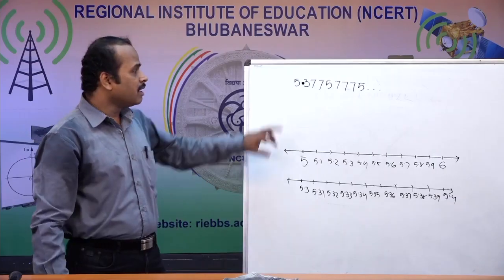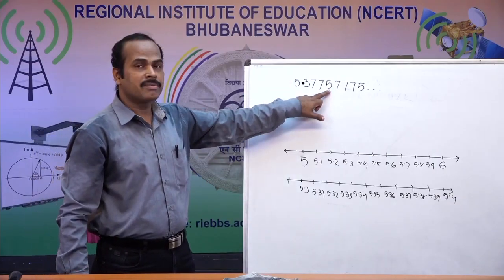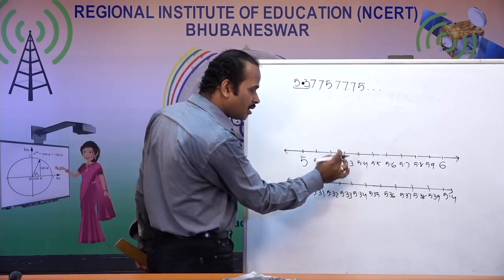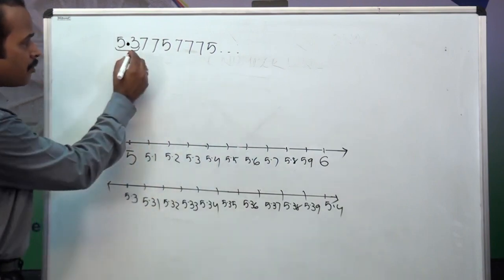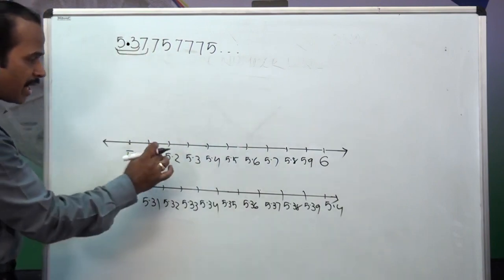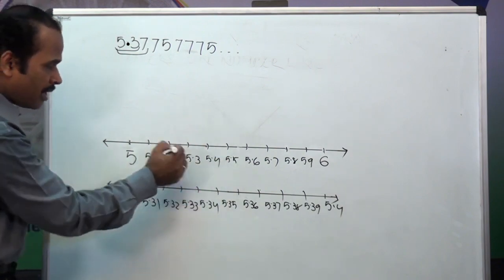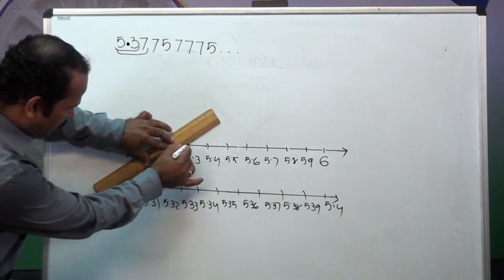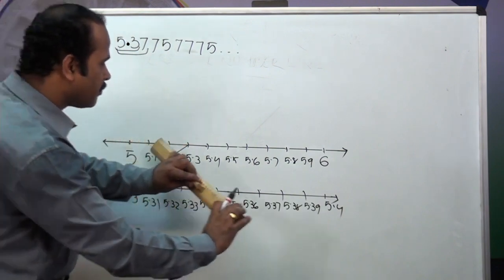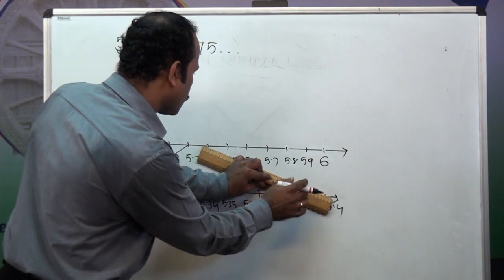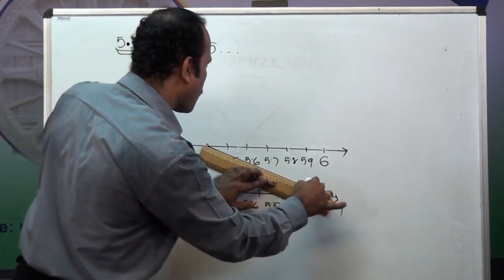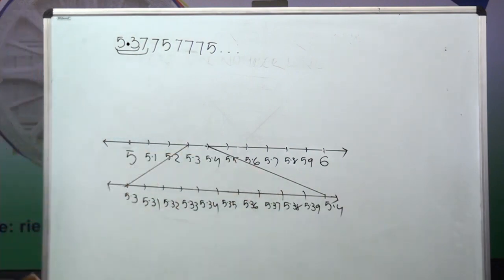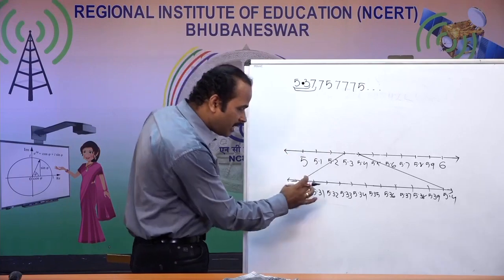Now again we have to find which numbers 5.3775 lies within. Up to this point we have seen 5.3 lies within 5 and 6. Then we came to 5.37 lies within 5.3 and 5.4. We can see we have extended this 5.3 to 5.4 part into 10 more equal parts. And from that point again we have to find